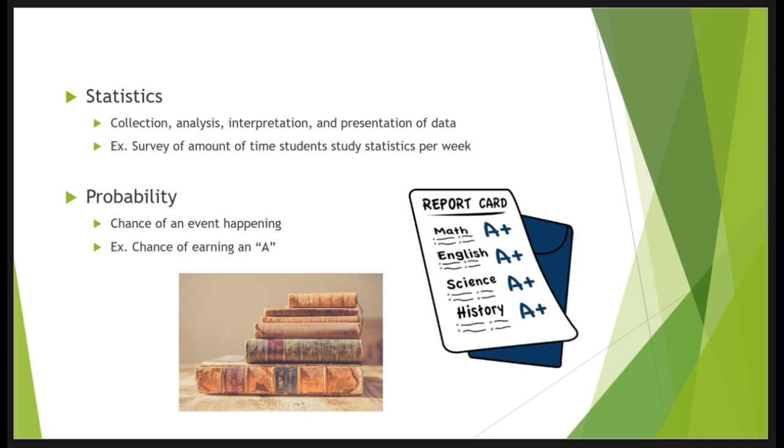Probability, which is combined with statistics, often deals with the chance of an event happening. You might be interested in the chance of getting an A in this course, or geologists, for example, are interested in the chance of a major earthquake happening in the Bay Area. So what they do is they gather data based on fault lines that are going through the Bay Area, and based on what has happened in the past and how the quakes have occurred, they then use that information and those statistics to present information about the chance of another major earthquake happening. So they are combining probability with statistics. These two fields often go together.